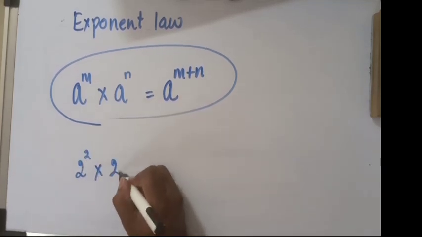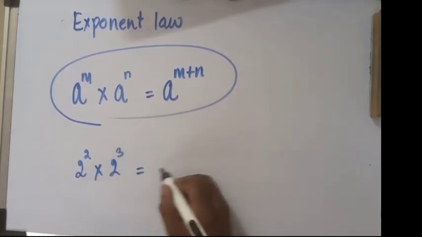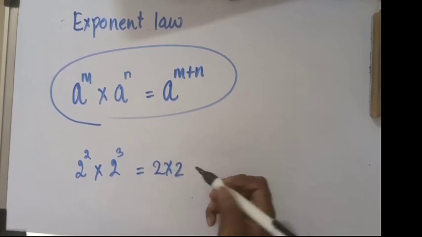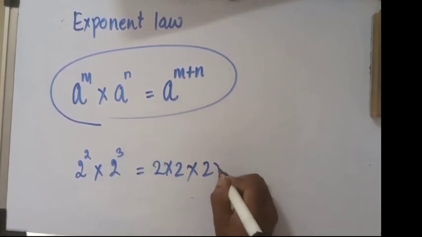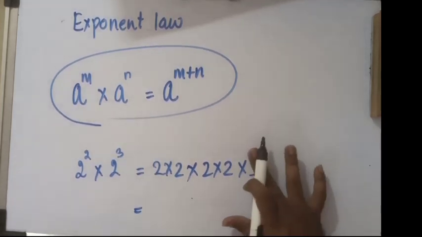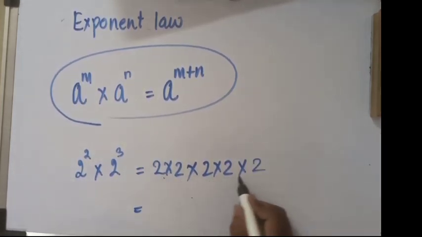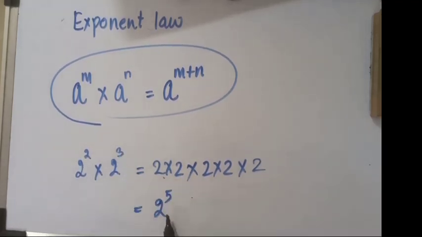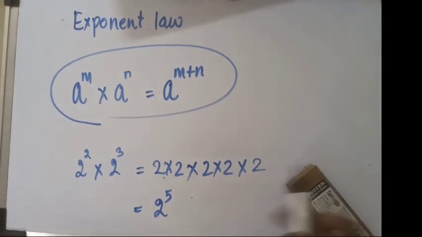Say it is 2 raised to 2 and 2 raised to 3. 2 raised to 2 means 2 into 2, 2 is multiplied 2 times. 2 raised to 3 means 2 is multiplied 3 times. Now have a look here. 2 is multiplied how many times? 1, 2, 3, 4, 5 times, which means this is 2 raised to 5. So 2 raised to 2 into 2 raised to 3 gives me 2 raised to 5,